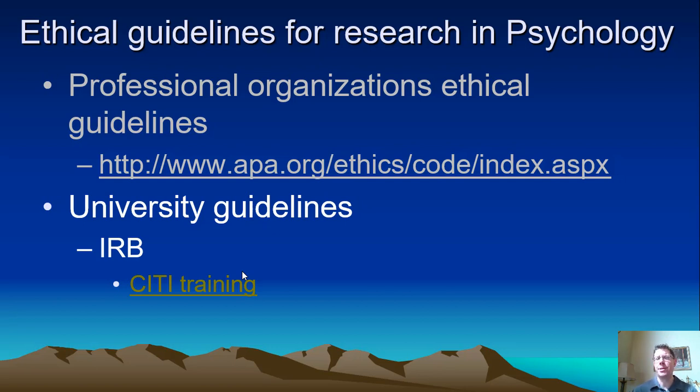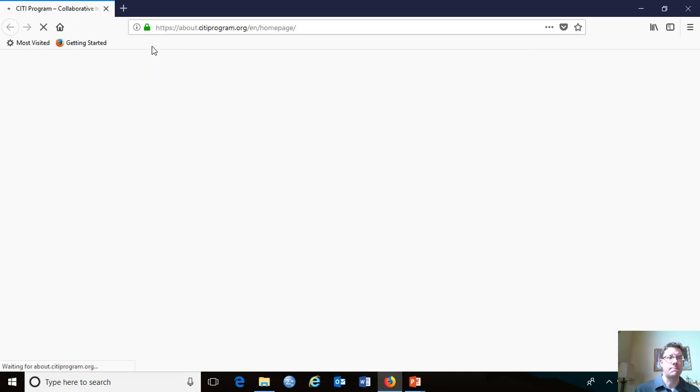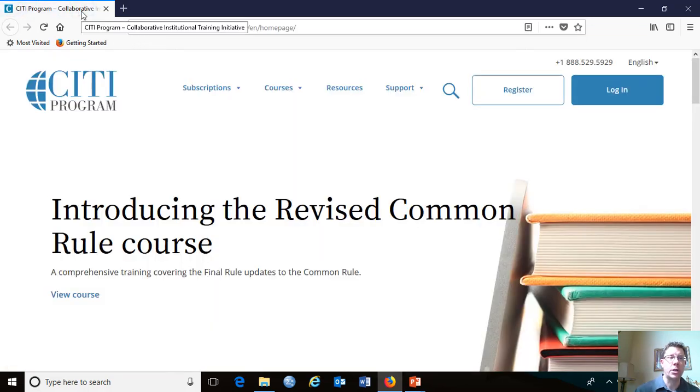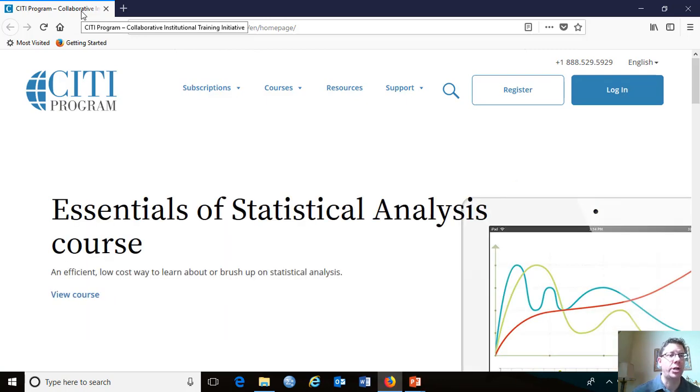And the Belmont Report, the gist of it is basically the things that you've read about and we've talked about. It's things like informed consent, debriefing, trying to minimize deception unless it's absolutely necessary, protecting the data, protecting the rights of the participants, these sorts of things. And so CITI training, actually, let me look up the name here. So it's Collaborative Institutional Training Initiative.